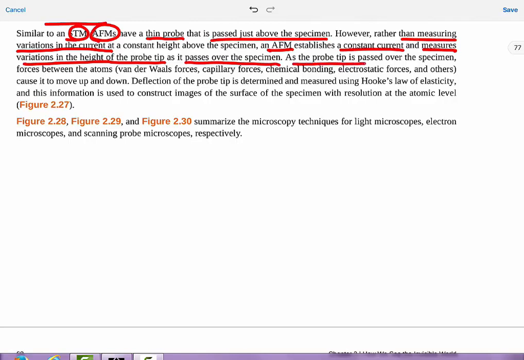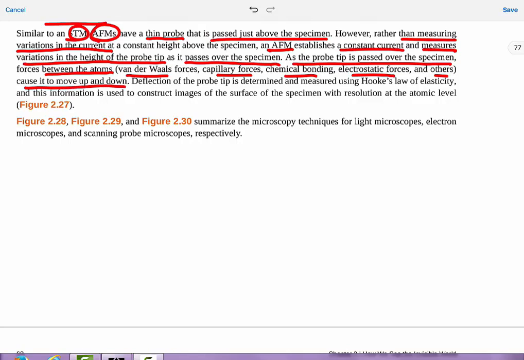As the probe tip is passed over the specimen, forces between the atoms, if you remember from chemistry, the van der Waals forces, the capillary forces, chemical bonding between atoms, electrostatic forces, and others, cause it to move up and